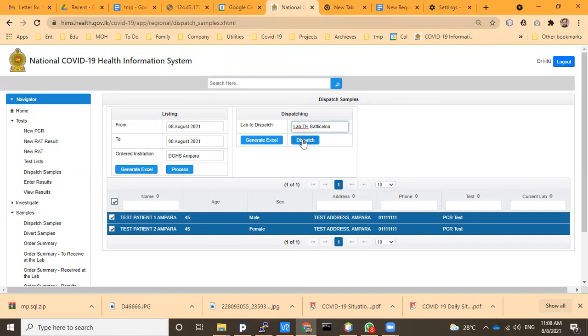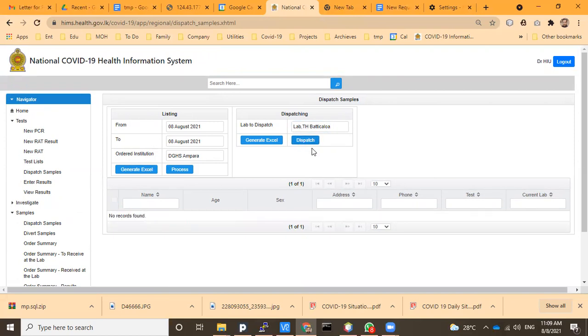Then these will appear in the lab dashboard. Now you have samples coming from DG Compare, so they will be ready to receive them.